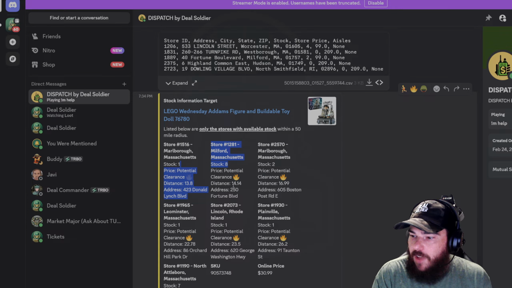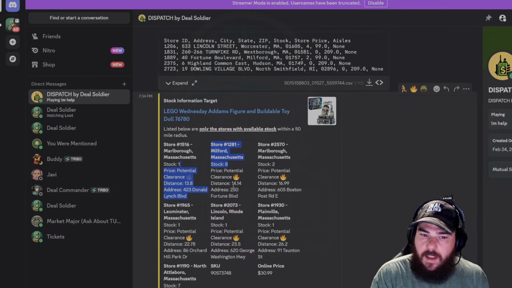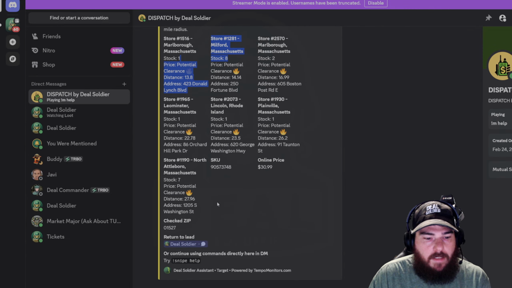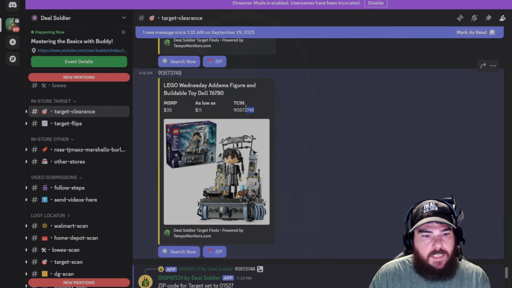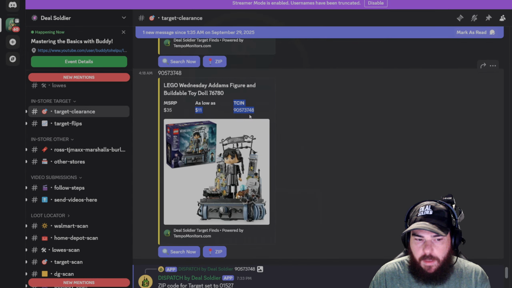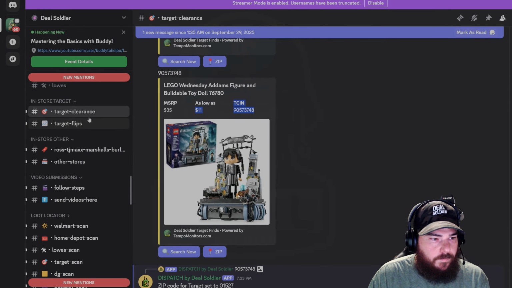I would say 95% of the time, or even higher, they'll always give me the store stock as well as the in-store price. And I use this a lot of times for any major items that I'm looking for, just to see if it's marked down to that lowest price. What they're going to ask for is this SKU. Or I believe another great one is this TCIN. If you share this TCIN number with the chat support and tell them that you're looking for this item, they'll come back and let you know the in-store price.